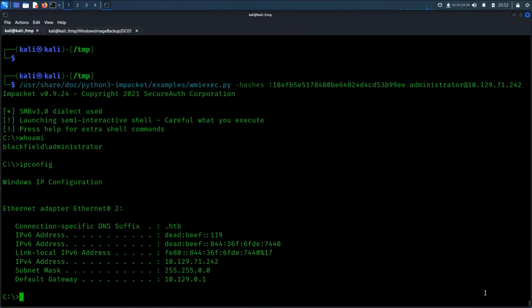ipconfig and type C users administrator desktop